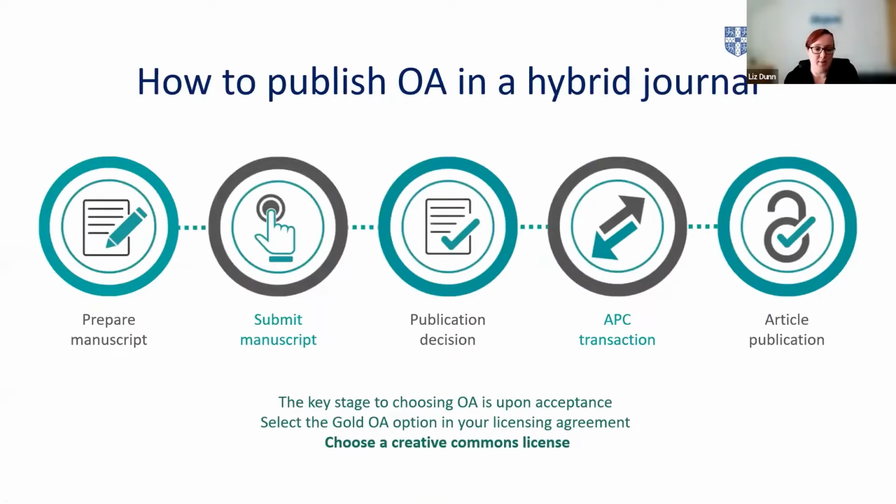Publishing in a gold open access journal, a journal that's entirely open access, is very straightforward. When publishing open access within a hybrid journal, the author has a choice to make. The process is much the same as traditional publishing. All articles still go through the same peer review process and are then accepted or rejected by the editor. The key point for deciding on open access publication in Cambridge hybrid journals is when the article is accepted, and then you'll be asked to complete an author publishing agreement, which we call a license to publish, and select to publish open access at that stage,